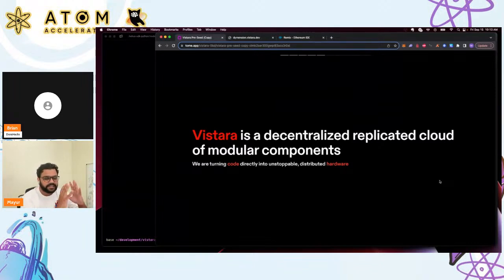We want to create a seamless transition from writing code, which is your Cosmos SDK code, to deploying the actual network very seamlessly. And if we can achieve that, that means we have to create an abstraction layer that automates a lot of the components that is needed to operationalize a modular blockchain or even an app chain.